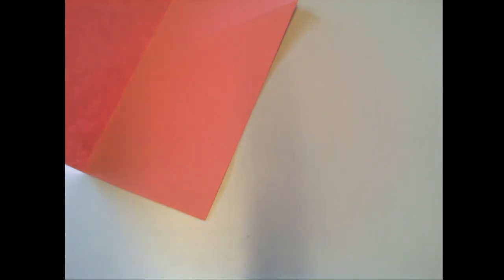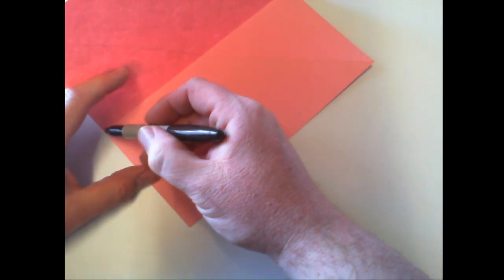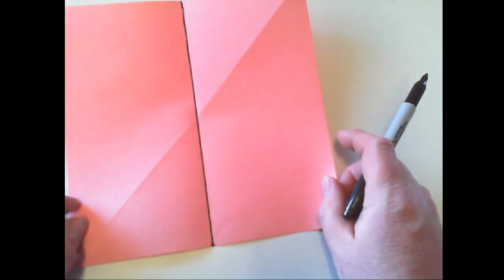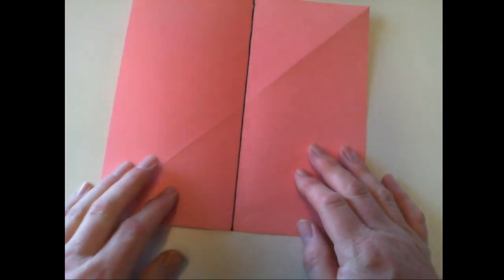Now you don't have to do this. I'm just doing this so that way it stands out better on the camera. I want to put a line there, just so we can see that nice and clear. Okay? Sharpie back. Okay, so now what I want to do is I'm going to take, so remember we're making this